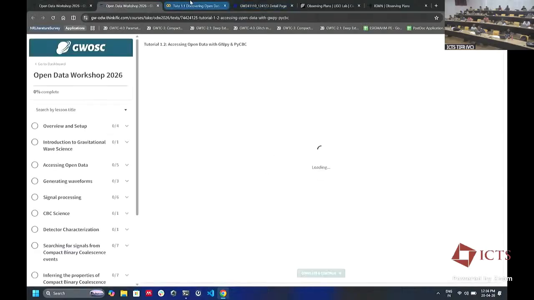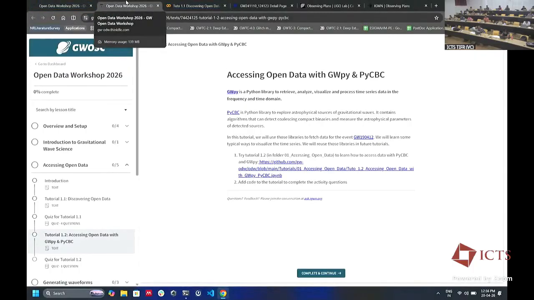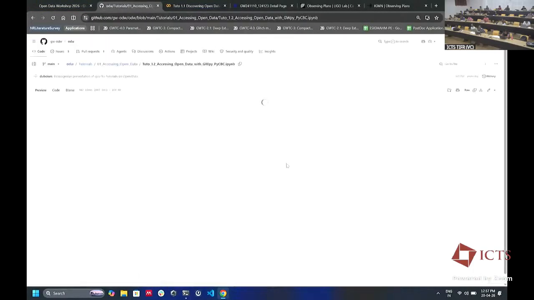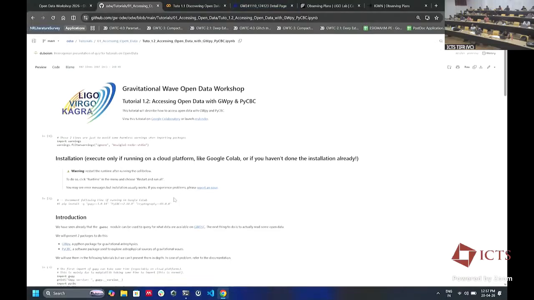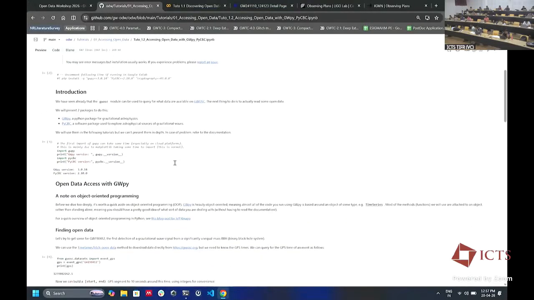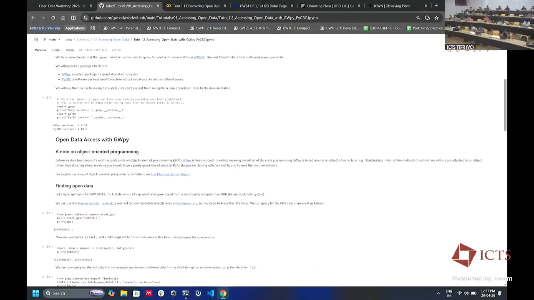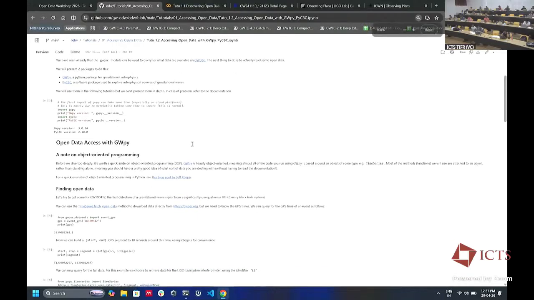So in the first tute, we went through GWOSC. Now we are going to use something else, which was more targeted towards directly getting into the analysis and starting to work with it using Python. In the introductory slides, I said that the way you handle the hay and the needle and the haystack is with your hands. Here you do it with NumPy arrays, or NumPy arrays on steroids, which are called GWPy time series objects. So again, let's zoom in.